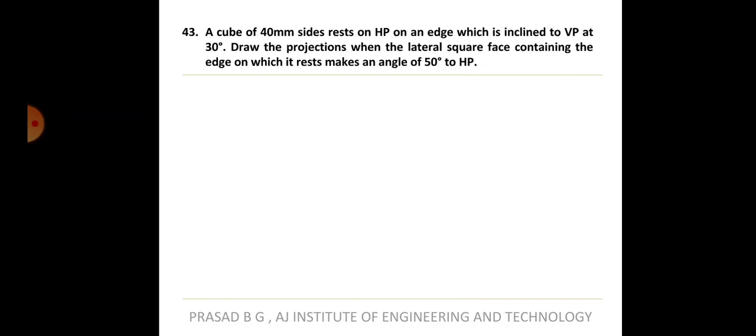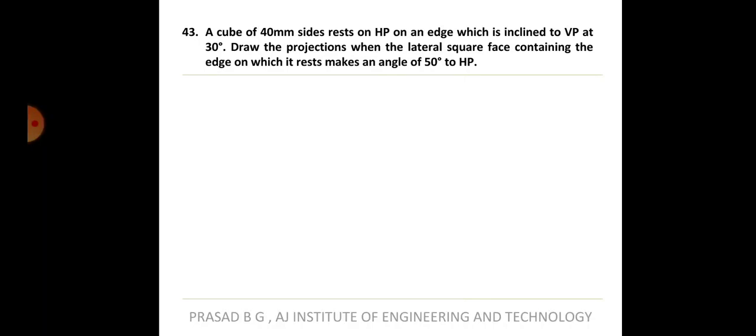If you see the question carefully, they have not mentioned the height of the axis, isn't it? If you see all the previous problems, whether it's a square prism or pentagonal prism or hexagonal prism, they will say the side of the base is so much and the axis height is so much. In this case, they have not mentioned it, because there is no need, because they have already said it is a cube. So whenever it is told that it is a cube, it is understood that 40 mm is the side of the base. That means the axis height is also equal to 40 mm. They will not specifically give you that axis height is 40 mm. It is understood because it's a cube.